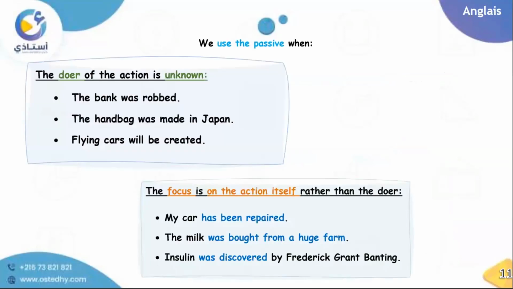Okay, let's move on. When do we use the passive, or why? We use the passive form when the doer of the action is unknown. So we're just saying that something happened. The bank was robbed, or the handbag was made in Japan, or flying cars will be created. Or we can use it if the focus is on the action itself rather than the doer of the action. My car has been repaired. The milk was bought from a huge farm. Insulin was discovered by Frederick Grant